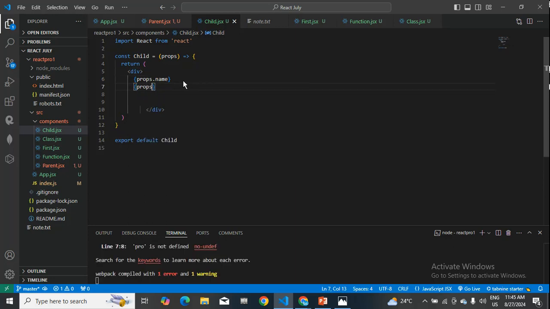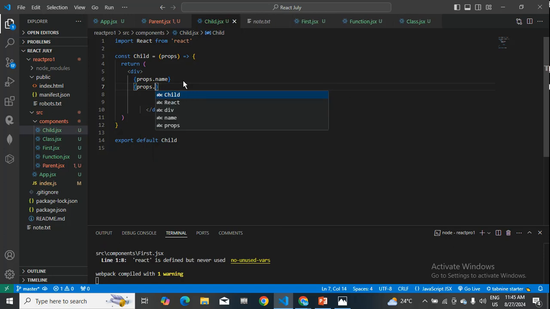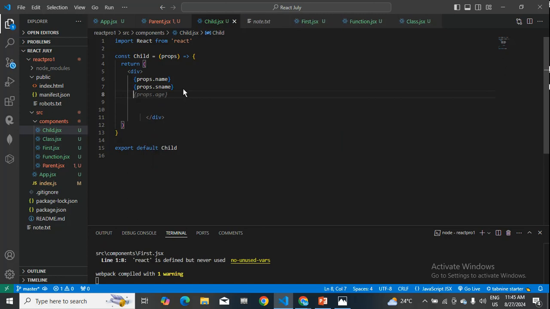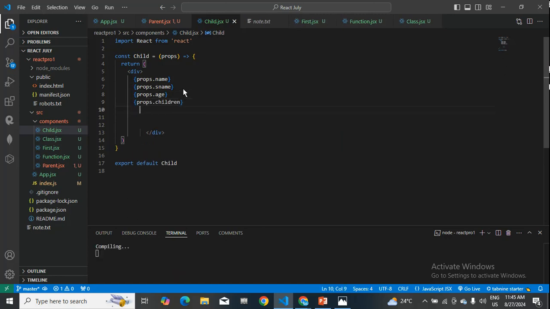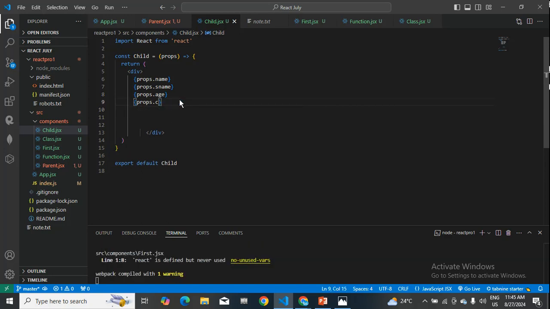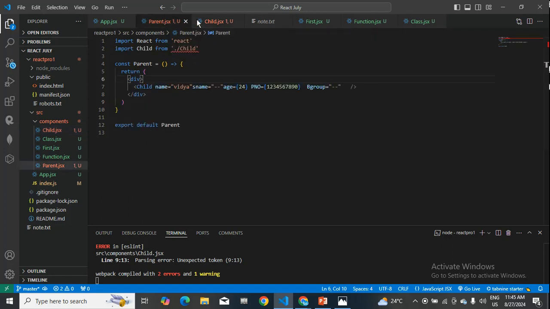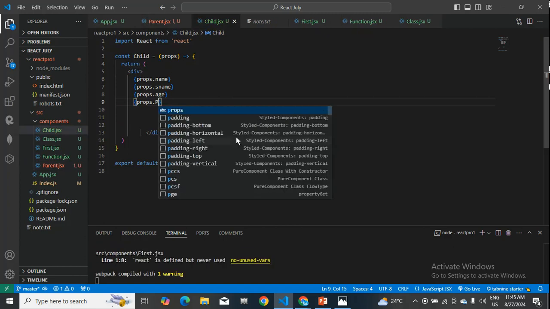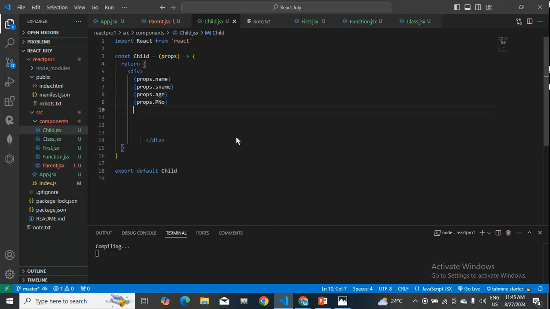Props dot name and props dot age, and next one is props dot child, this props dot children is not there, sorry. Props dot, what is the next one? It is blood group. Yeah, phone number and props dot,